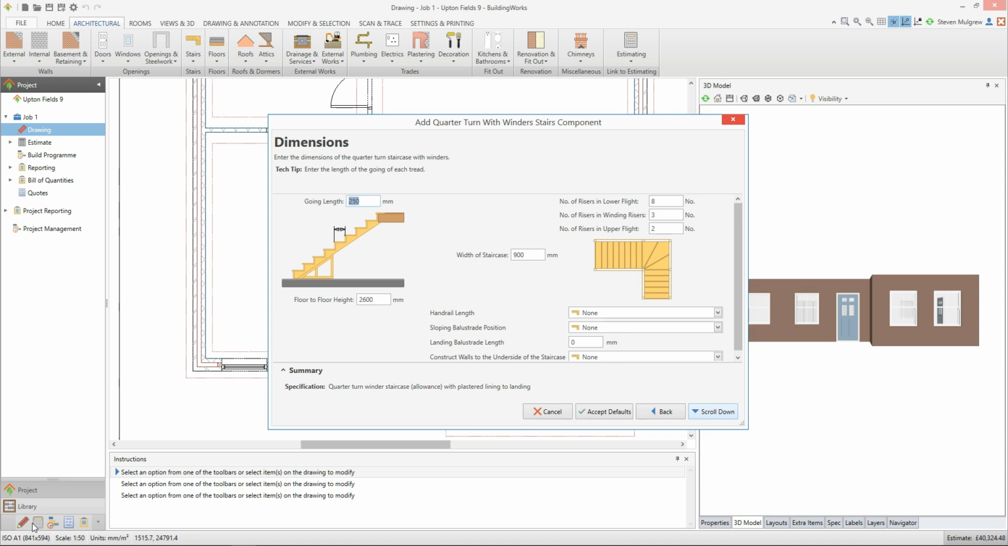Press the Tab key to move between the input boxes, updating the dimensions as needed. I'm going to enter a floor-to-floor height of 2,700mm to match my walls. I'm going to change the number of risers in the lower flight to 10, and the number of risers in the upper flight to 1. I'm going to change the width of the staircase to 850mm, and now I'm going to select the handrail and